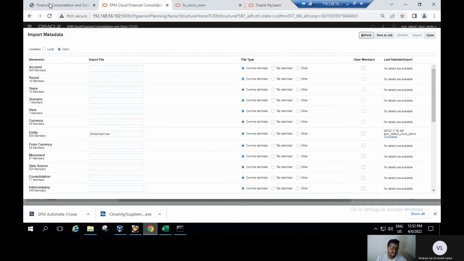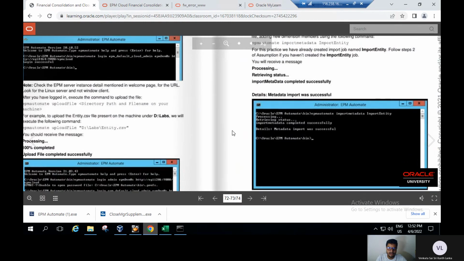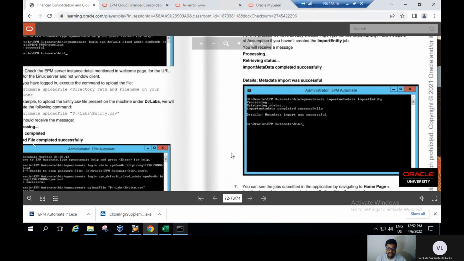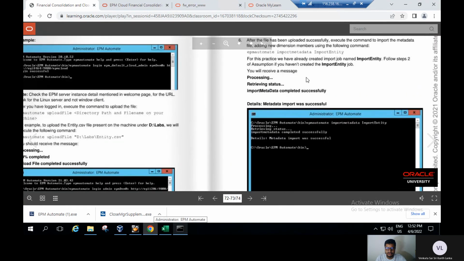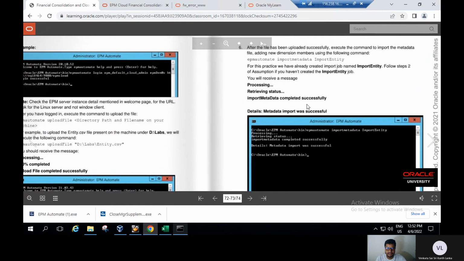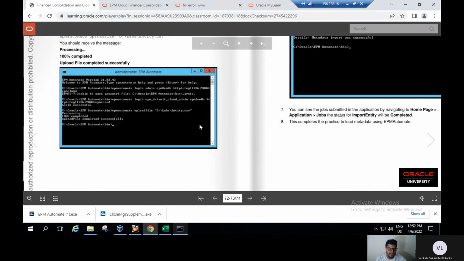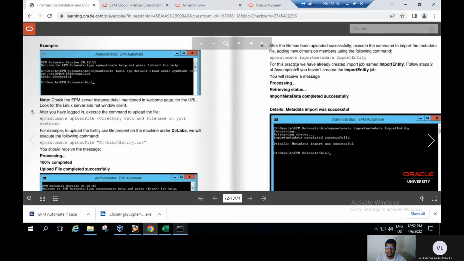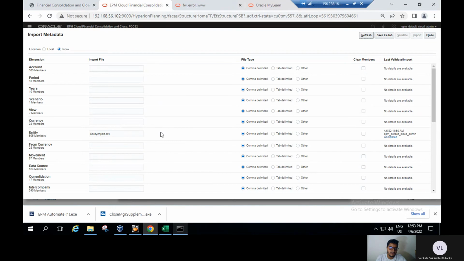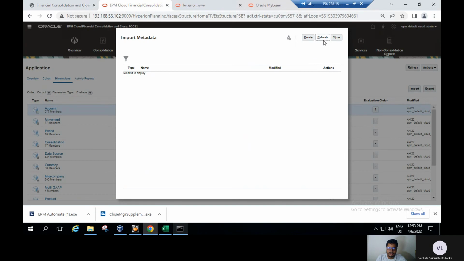After saving this, we will import the metadata using the EPM Automate by providing the command import metadata, import entity. So we will go to this, refresh it and close it, and you can see the job